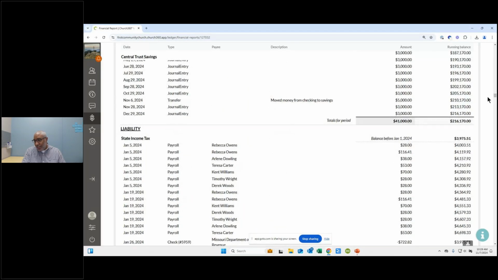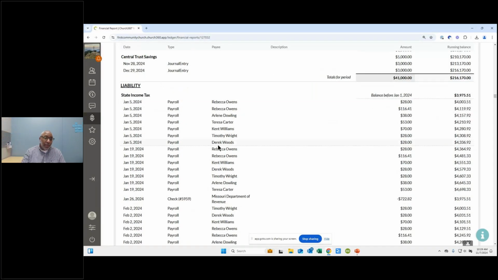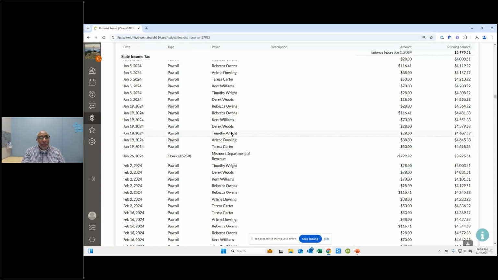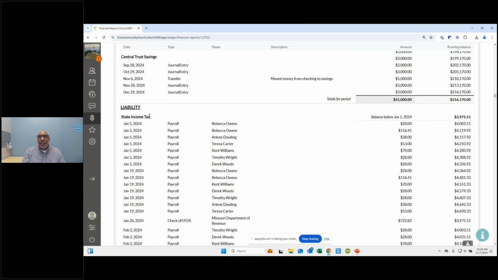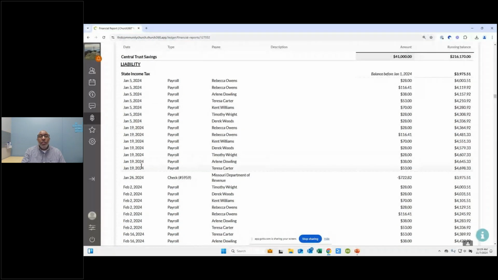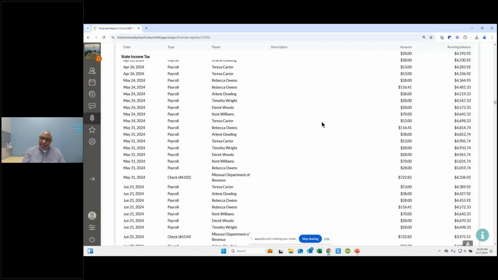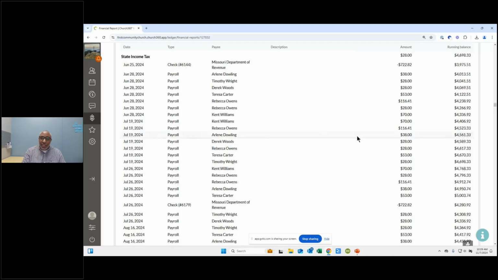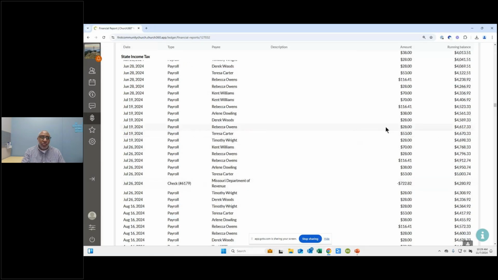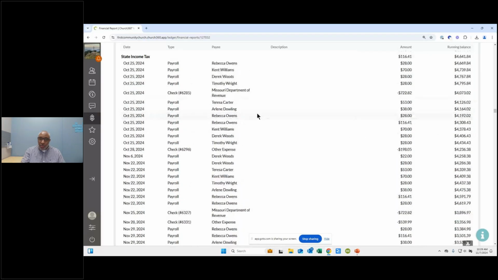Over here on the right-hand side, you might be able to see my mouse moving there. This scroll bar is really small, so that means I have to go a long way from the top to the bottom to see everything. Then from there, we get into liabilities, and then we have our accounts, and we can see all of the line items for these accounts and see the dollar amounts and the running balance. I like that it has the running balance because I can set the date range. I can see the balance of this account at the start of the fiscal year, and I can see the balance at the end of the fiscal year, and I can see that running balance as it applies every single transaction. So that's really cool. I'm not going to scroll through this whole thing.